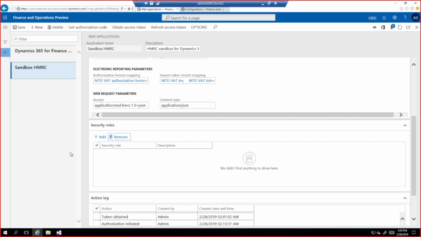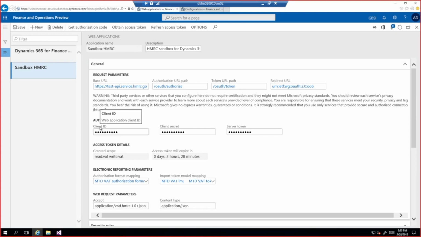But when we intend to work with a sandbox for testing purposes, we need to obtain testing credentials. To be able to do so, we need to copy the test parameters of the sandbox application. They are client ID, client secret, and client token directly from the HMRC Developer Hub, where they are defined for each application in